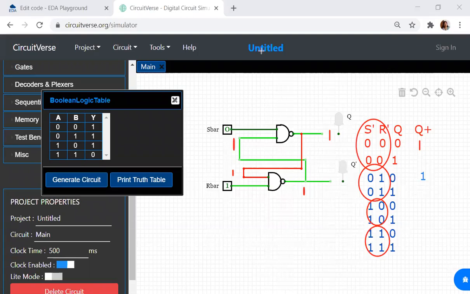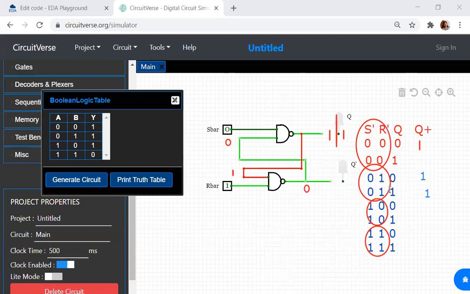What is the value I'll be getting over here? I'll get a 0 over here. 0 goes over here. So, you can see there is a path over here. 0 NAND with 0 is what? Still it is 1. Although the previous state is 1, the next state is also equal to 1. What does that mean? That means that when I give a combination of 0, 1, S bar is 0, R bar is 1, the output is 1.